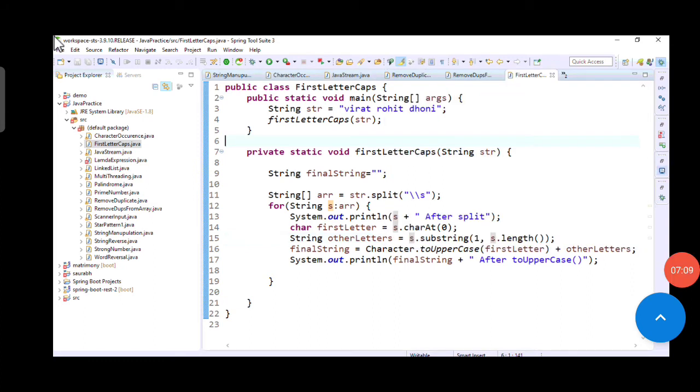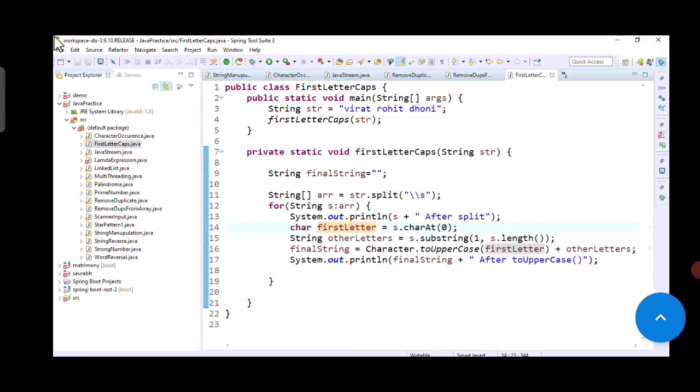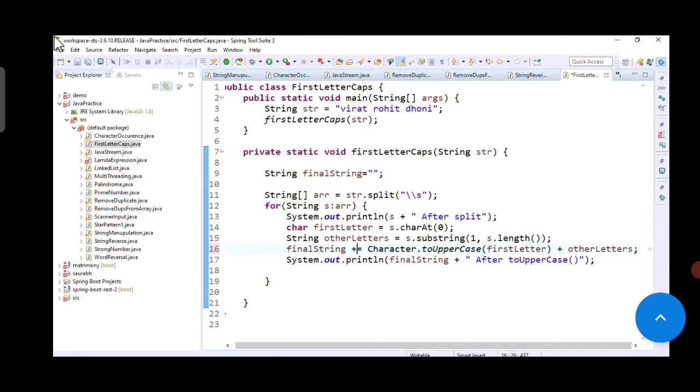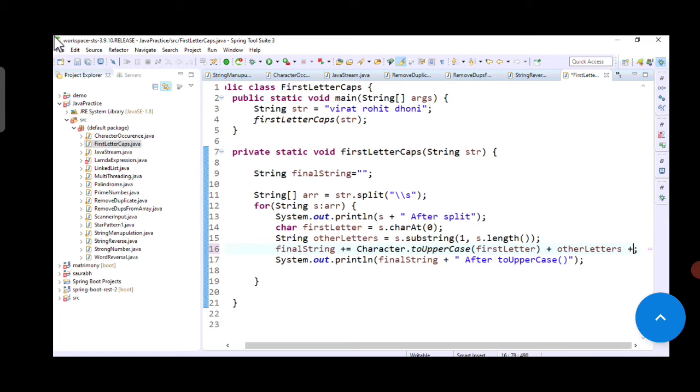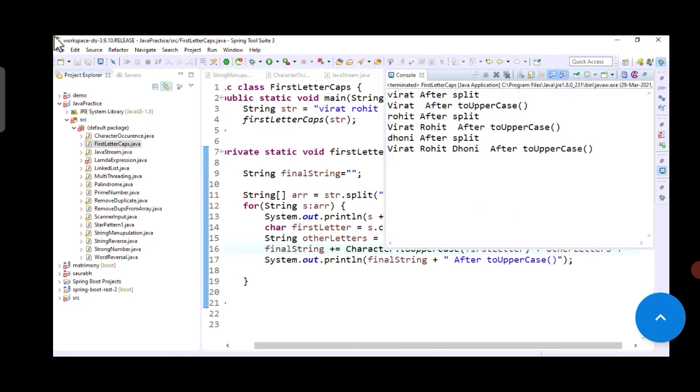If you notice, the output here is returning one word at a time. We can fix it by appending it here every time the for loop runs, and we will also add a space here, as the original string has spaces. So just add that, and if we save and run now, yeah, it printed that.